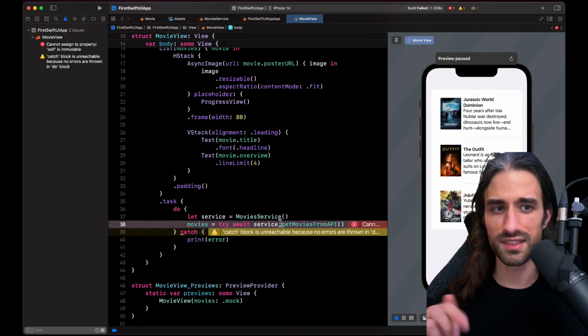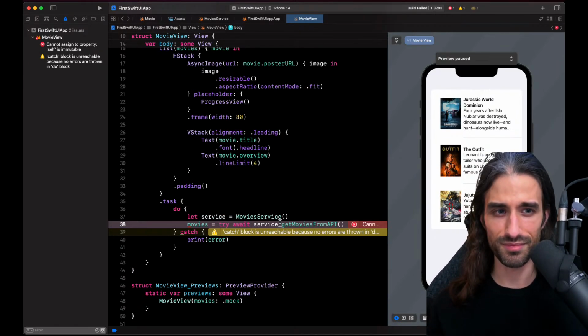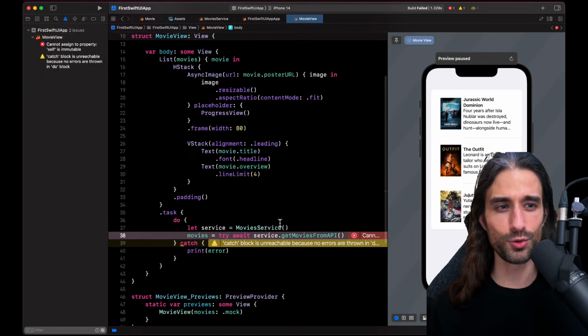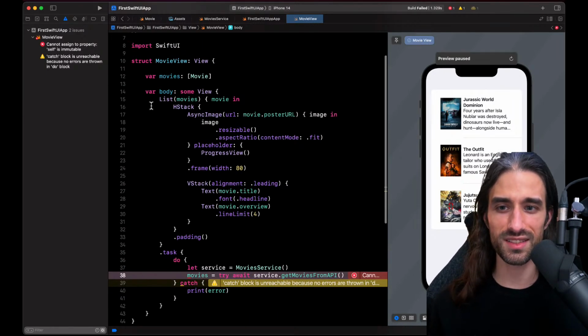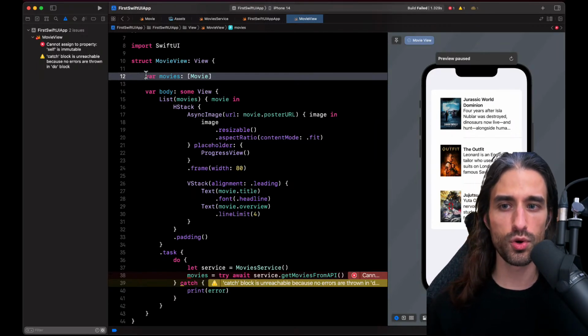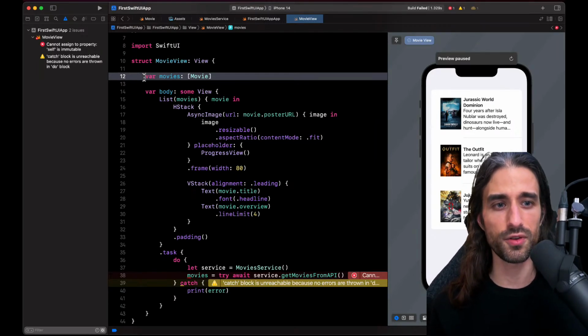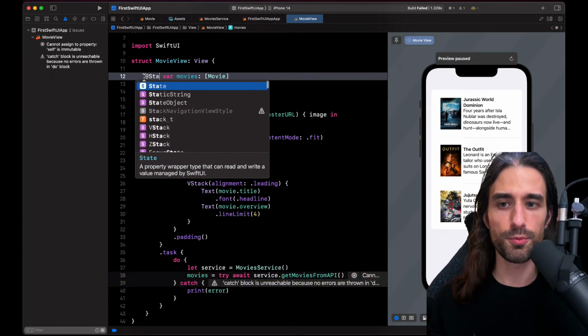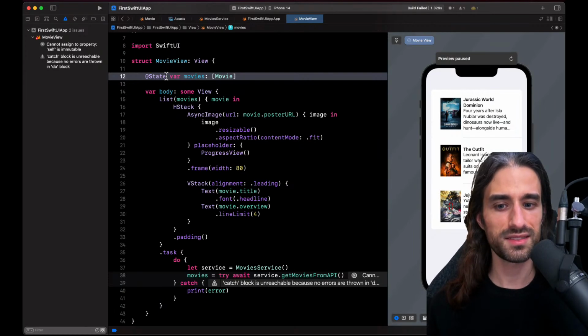Yes, I didn't think this error would come in at that moment, but it will introduce what I want to show just after, which is that when you want to have a piece of the state of your view be mutable and to regenerate the view when it mutates in SwiftUI, of course, you need to make it a var instead of a let, but you need to do one more thing, which is to annotate the property with @State.